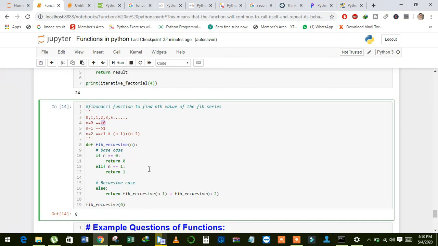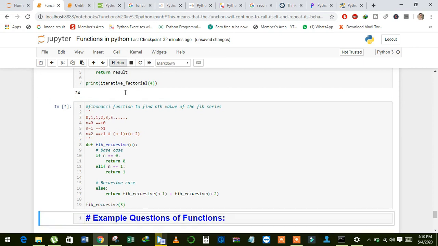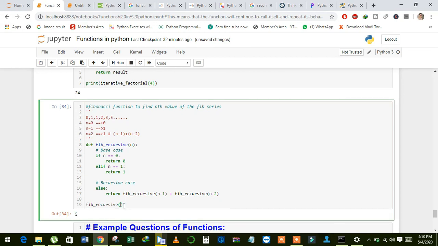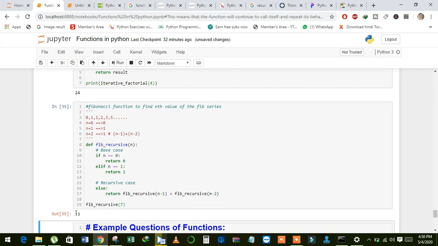And see here, I want to find the fifth element, and see here it returns 5 because it started from the 0. And when I want to find the seventh element, see here it returns 13.